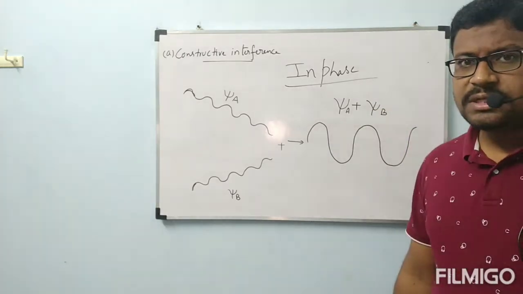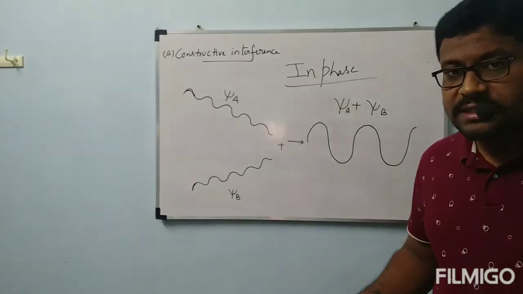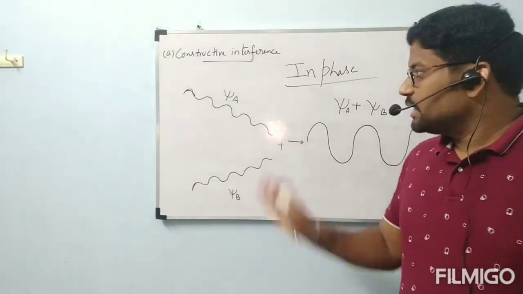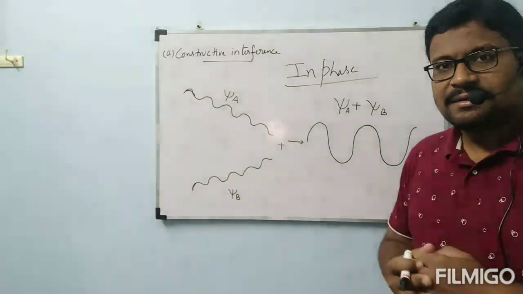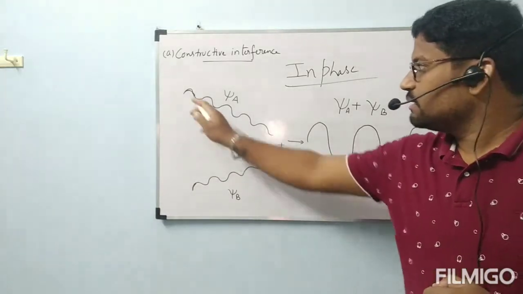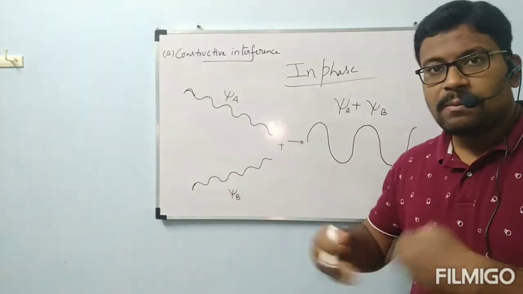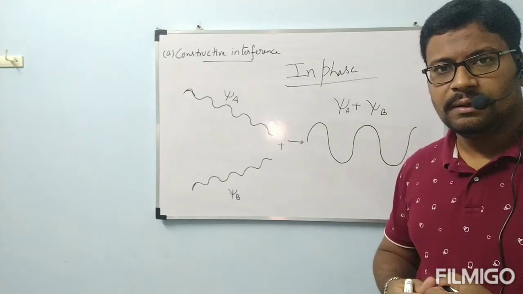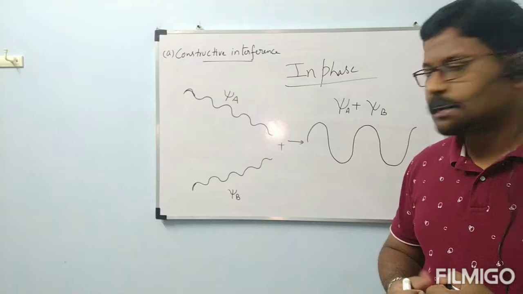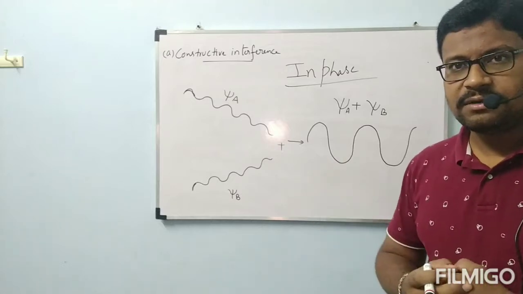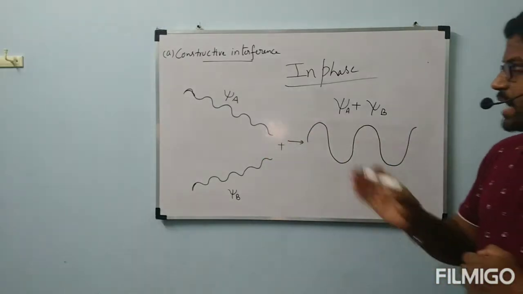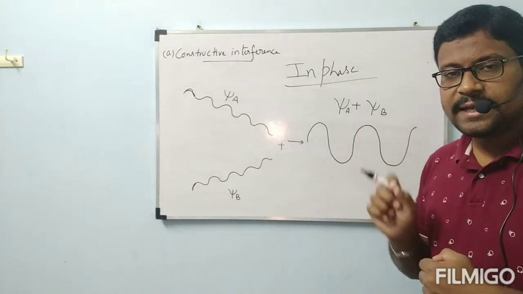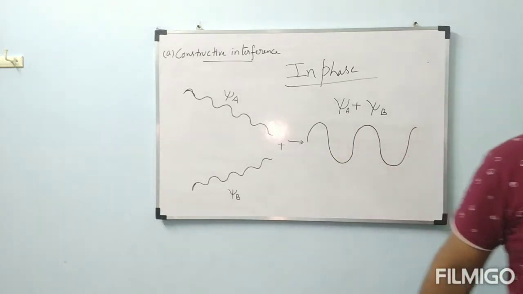Okay, if they undergo destructive interference, what will happen? The name itself is indicating that in destructive, the wave will be destroyed. Here in constructive, the wave will be constructed in a double way. Here if you take amplitude and here amplitude, both amplitudes are getting added. Is it clear now? Now we will see destructive interference. So observe the diagram carefully, and this process, constructive interference, is also called in phase. The two waves are said to be in phase. Okay, next.